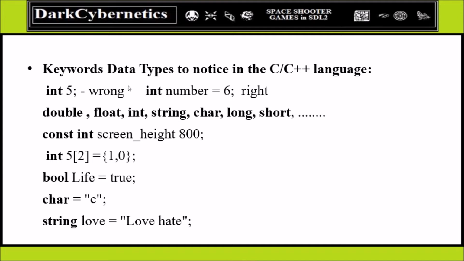Keywords, we cannot use keywords like integers and long and short and things like this as variable names because they're keywords. So what would be wrong is to say if we had an int that was 5. We can't do that. We have to say there's an integer, there's a number that is equal to 5. That's okay. So other ways of doing this, we can just have an int that is 5,